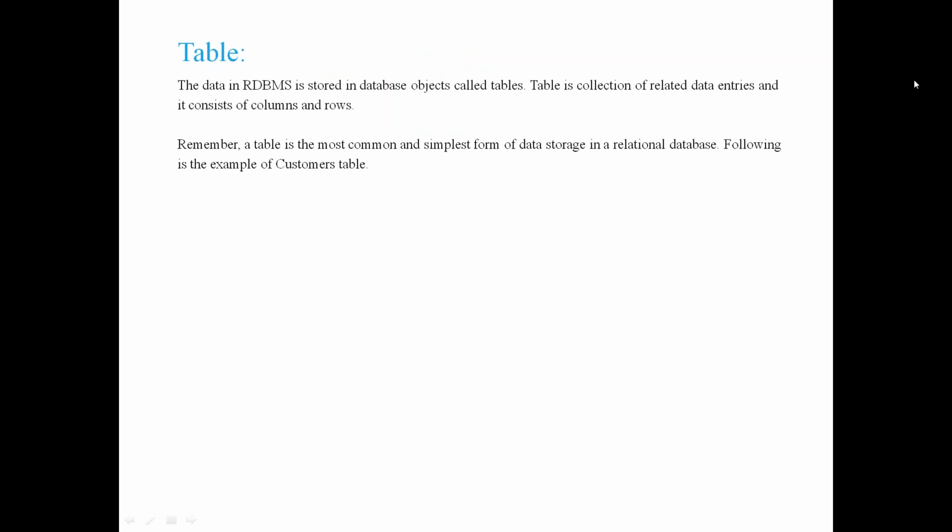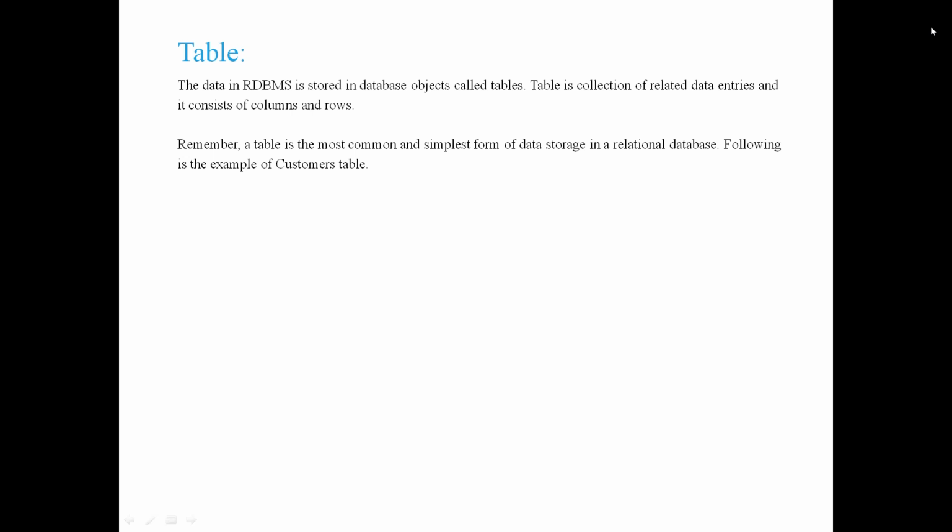Let us talk about tables first. A table is nothing but the place where we store the data. The data in an RDBMS, Relational Database Management System, is stored in database objects called tables. A table is a collection of related data entries, and it consists of columns and rows. It is just like an Excel sheet.